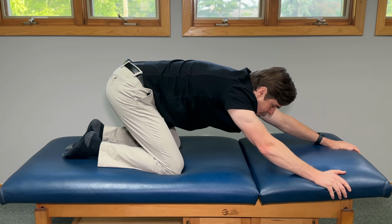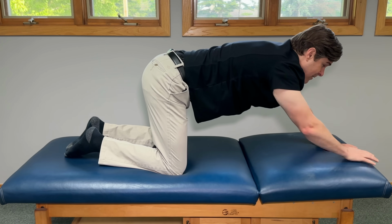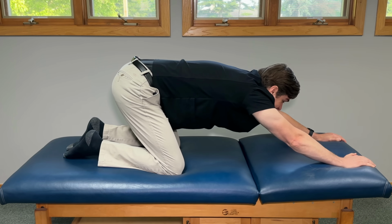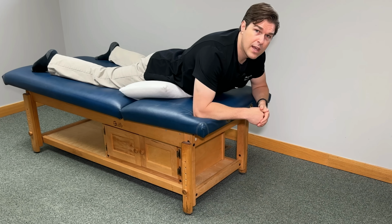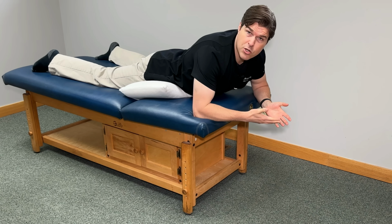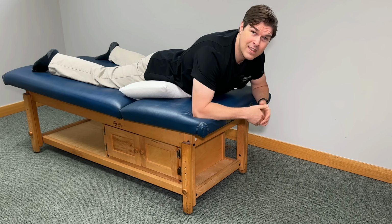If you notice any of those positions offer more relief, throw more repetitions in. So if you really want to take the child's pose to the next level, this is what you can do to offer a little bit more of a traction into the lower back. This exercise is going to focus on decompressing our lower back. That is taking pressure off the joints, muscles, and hopefully off any pinched nerves that may be causing things like